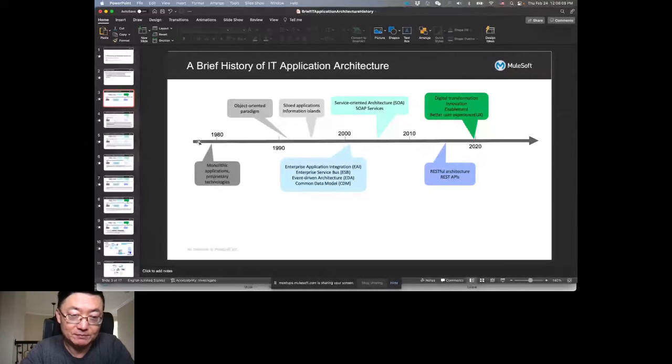You know your system is here, but do you know where you are going, where you should be on this timeline, or where your mindset is, right? So we need to first have an understanding of the evolution, at least from the IT application or system architecture perspective. Now let's talk about that. We know at this time,